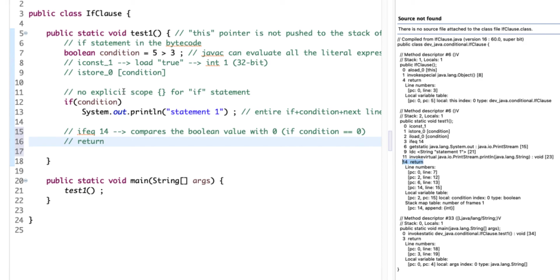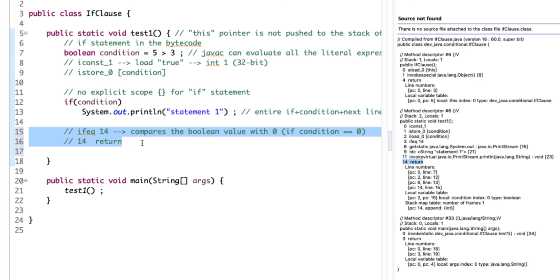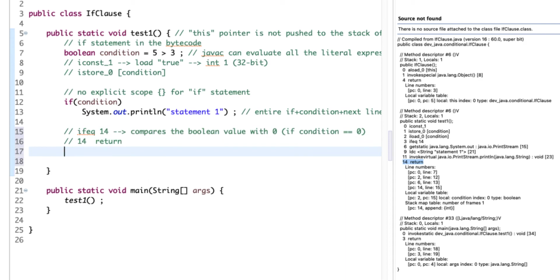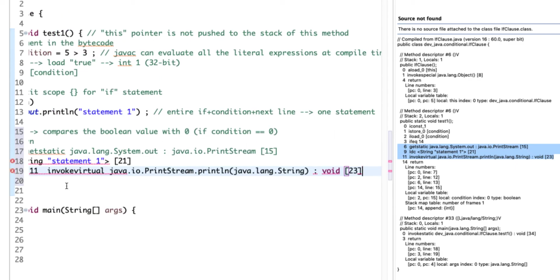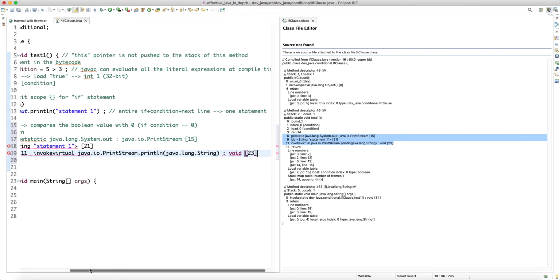So if equal, we jump to 14, which is the return. Why? Because we don't go into the body of the if statement, and after that we don't have any other line of code, any other statement, so we just return from the method. And this method returns void, which means we're not returning anything. So this is when the condition is not true, right? If equals 0 means the condition is false. Now what happens if the condition is true? Obviously we go and get the... basically, let me zoom out,